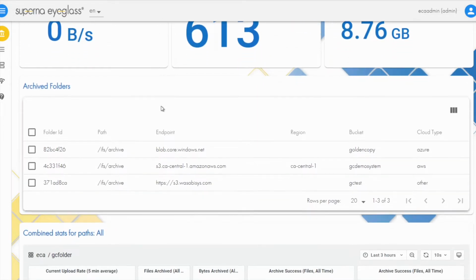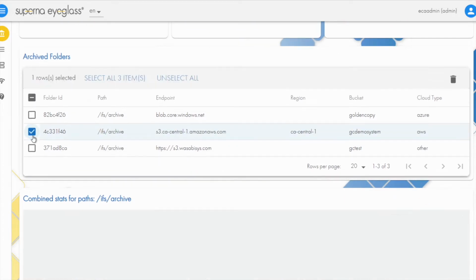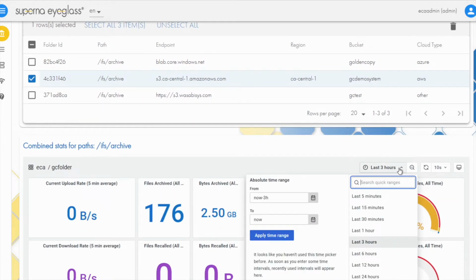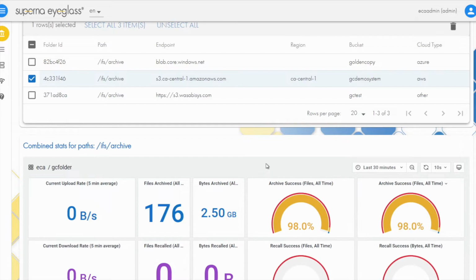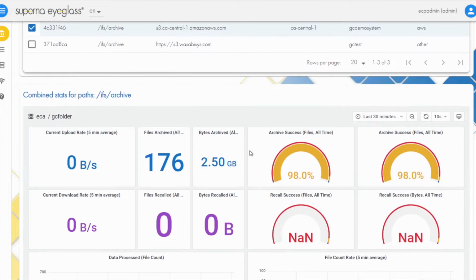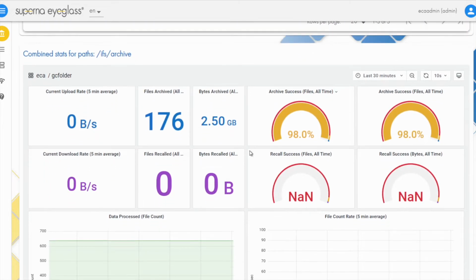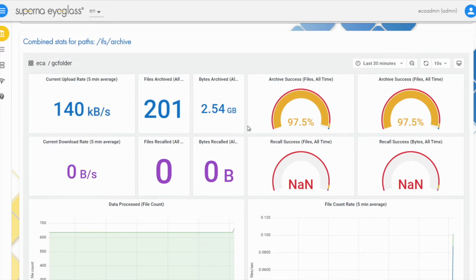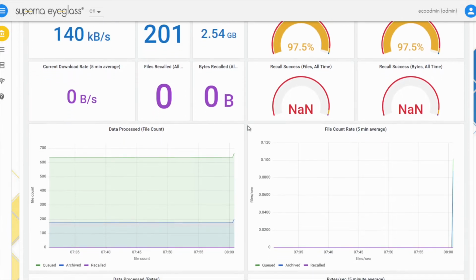We'll come down to the stats section and we'll select that folder. Let's change this to be the last 30 minutes. And there we can see we've now got a rate. Now this is averaged over 5 minutes, so normally you'd have to wait a little bit. And now we can start to see some stats. If we scroll down here,